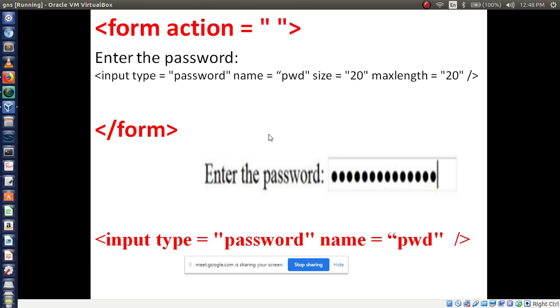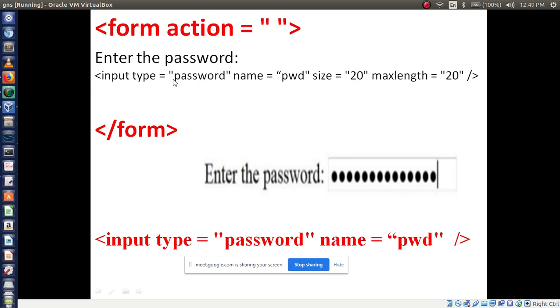Okay, after writing enter the password, now I will use input tag. After using input, compulsory we have to use attribute name. Attribute name is type. Then which type it is? Which type box? Password. So that we have to write password. Yes, compulsory we have to write like this, type equal to password. If you write password here, then it will appear like this.